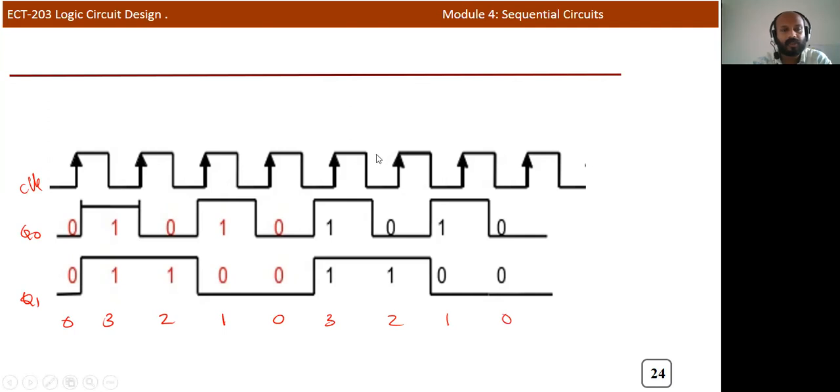And this is all about the 2-bit up counter and 2-bit down counter using D flip flop. And one more point is that it is a synchronous circuit, because the same clock is connected to both